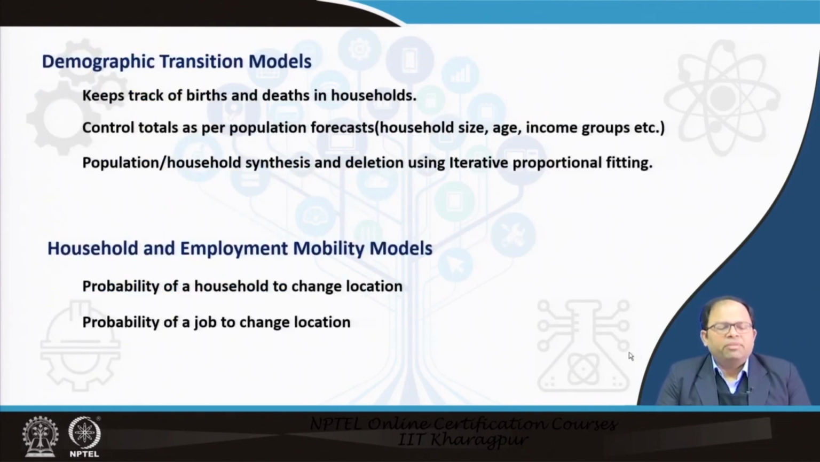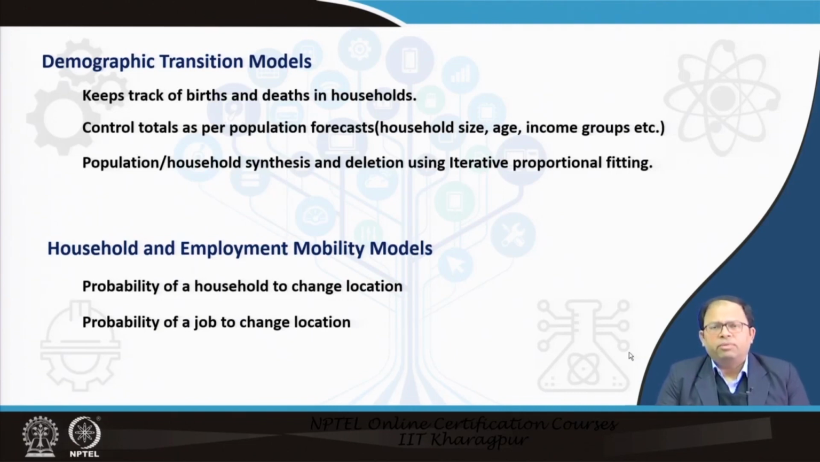So then comes the demographic transition models. This model keeps track of births and deaths in households, and again in this particular model we also have control totals as per population forecast, and here we can check the household size, age or income groups. Probably we have a forecast for these variables, and we can see that once the total amount of births and